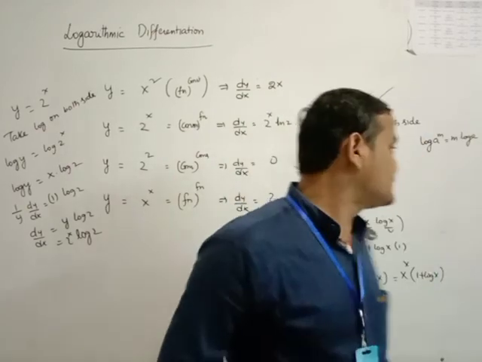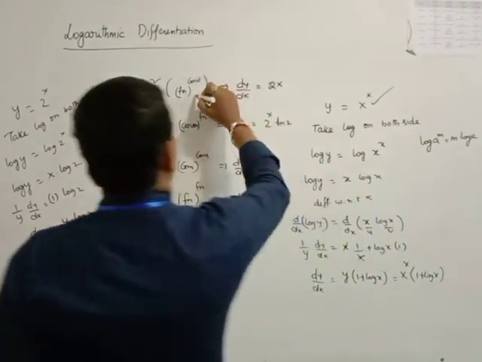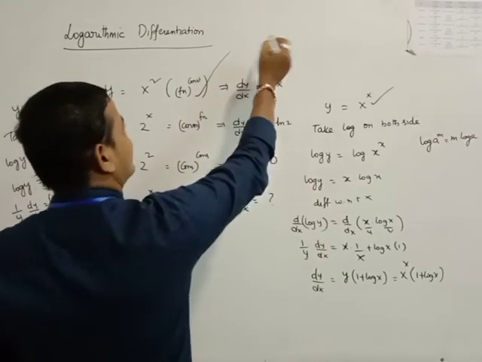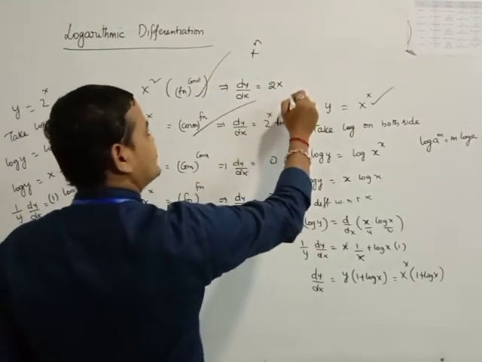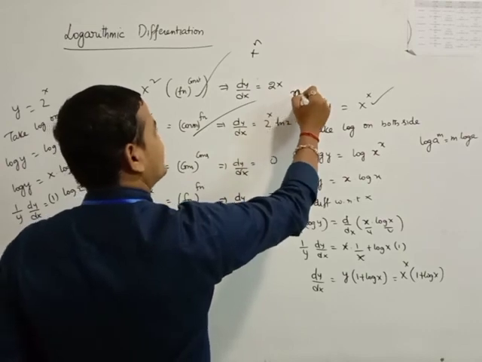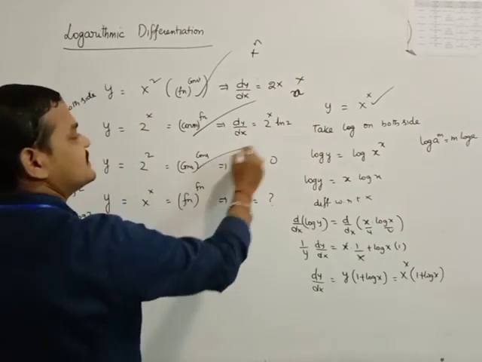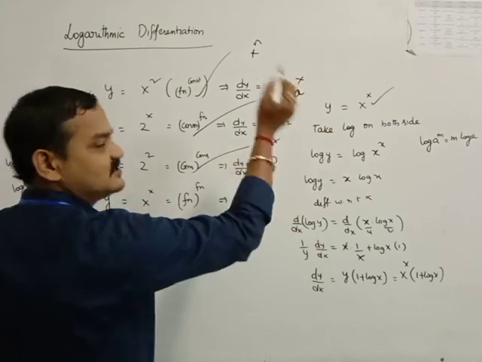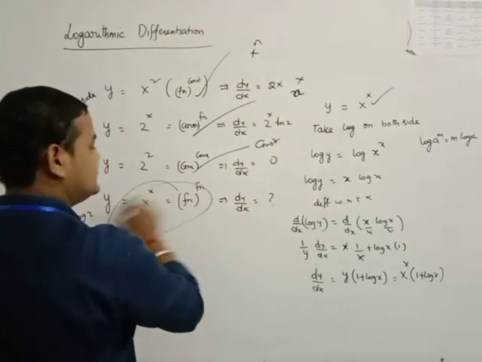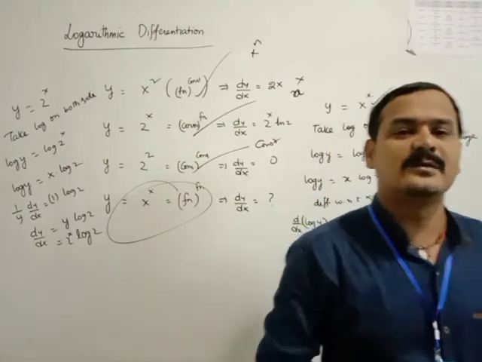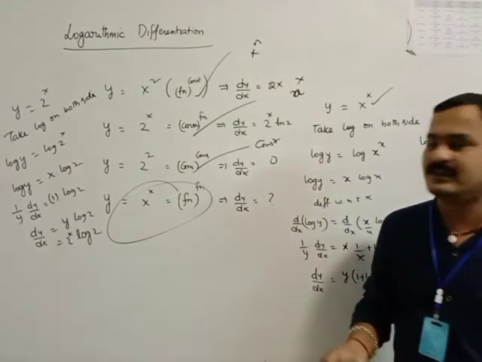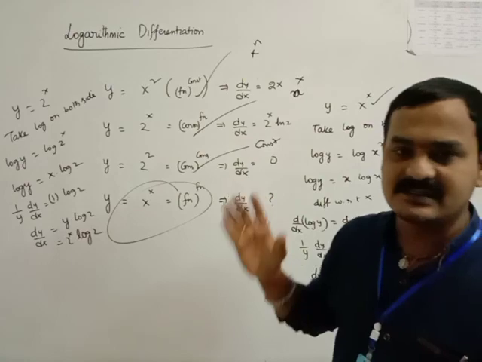So everywhere, if the problem has power functions, you can apply the logarithm. But if the problem is a function to the power of a constant, you have the formula for x power of n. If it is a constant to the power of a function, you have the formula for n to the power of x or a to the power of x. A constant has derivative 0. But for this one, there is no formula, so you apply the logarithm when the problem is a function to the power of a function. So the first concept is this one.